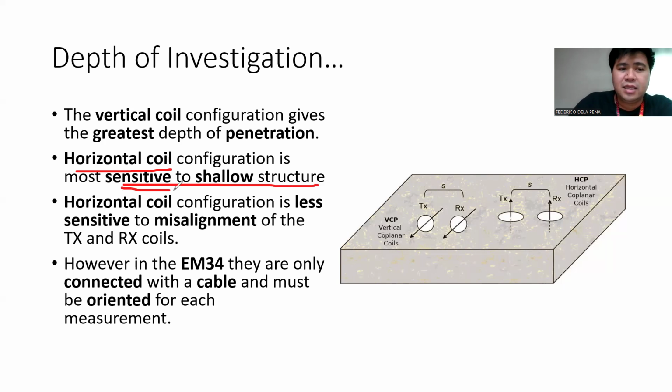Okay. So again, EM doesn't need a ground contact. You don't need ground coupling for EM. So if you're looking for a conductive object or resistive object and you can't afford to have a ground contact, EM can be quite useful, no? So can you imagine doing resistivity in an urban setting where it's hard to get ground coupling with concrete or paved ground? So in this case, EM is actually advantageous. Okay.